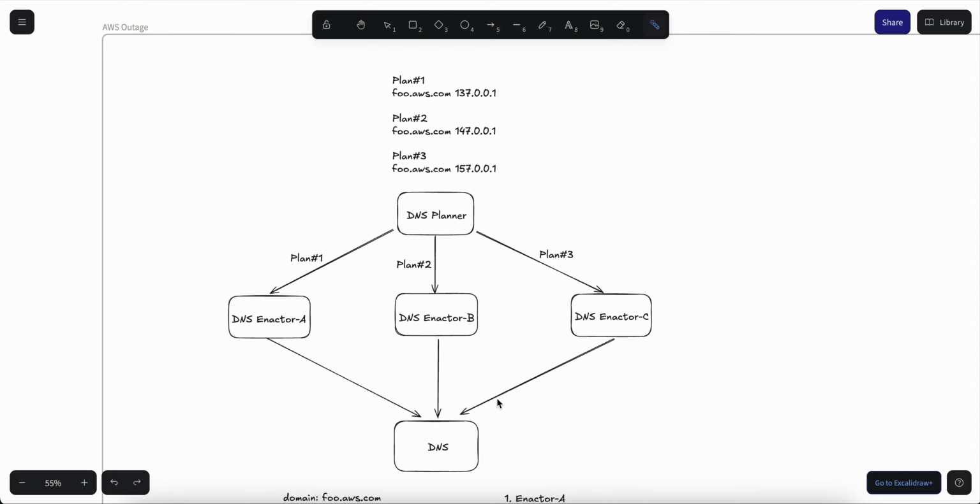So the fundamental issue that happened is that DynamoDB, which is a NoSQL database that powers a lot of AWS services, has a domain name. However, there was no mapping of that domain name to the corresponding IP address. And consequently, every application which used DynamoDB, either directly or indirectly, couldn't reach the database because it couldn't find the IP address for that particular database. Now, I will explain how this came to be.